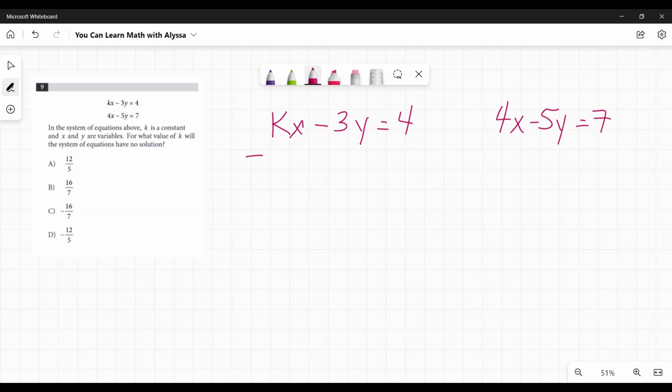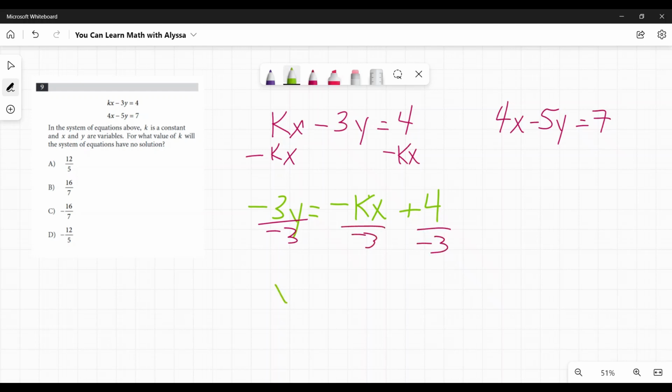So I'm going to subtract kx from both sides, and that gets me a negative 3y on the left, and on the right, negative kx plus 4. To get rid of that negative 3, I need to divide everything by negative 3. And I am left with y equals, those negatives cancel out, and so I am left with k over 3x minus